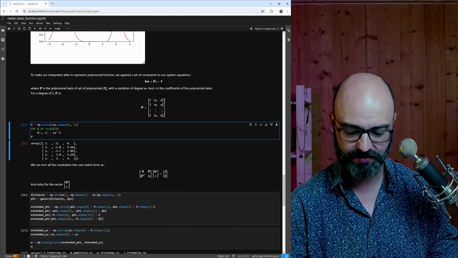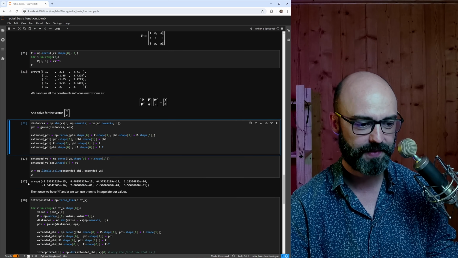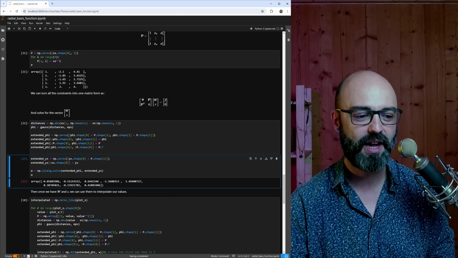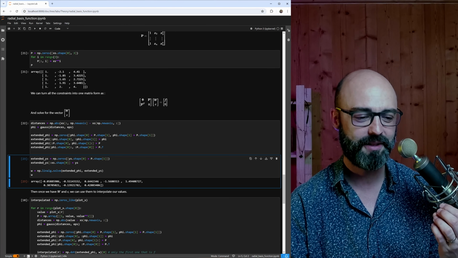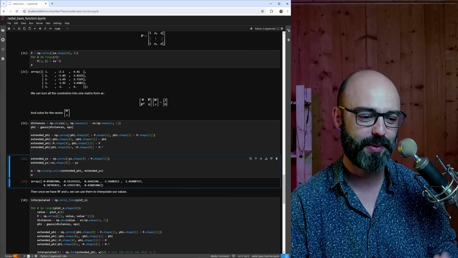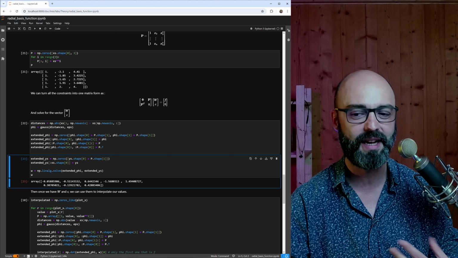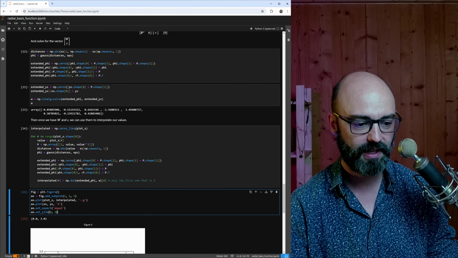What I should have is, of course, my values. I get my standard, and then I get my weights. Now I can see that I do have actual weights for my radial basis functions, and I have weights for the polynomial that are not at all the polynomial I had at the beginning. And if I do the interpolation, I will get something